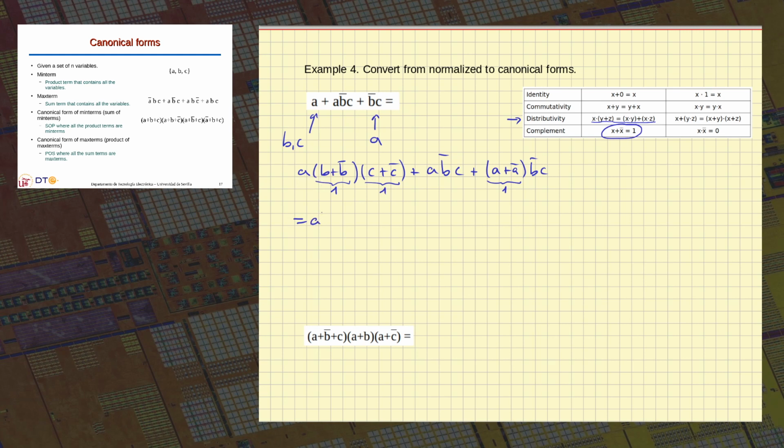This one will be AB plus AB complemented, times C plus C complemented, plus AB complemented C, and in this case AB complemented C, plus A complemented B complemented C. Okay, so I apply it again, so this would be all this one times C: ABC plus AB complemented C,